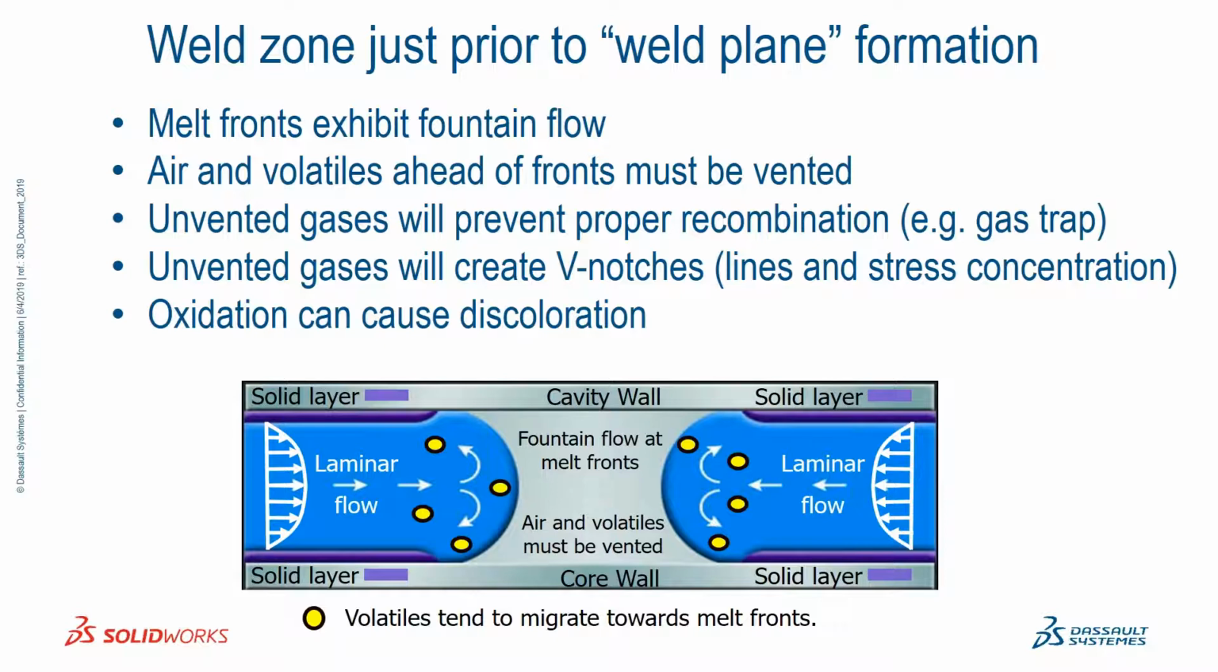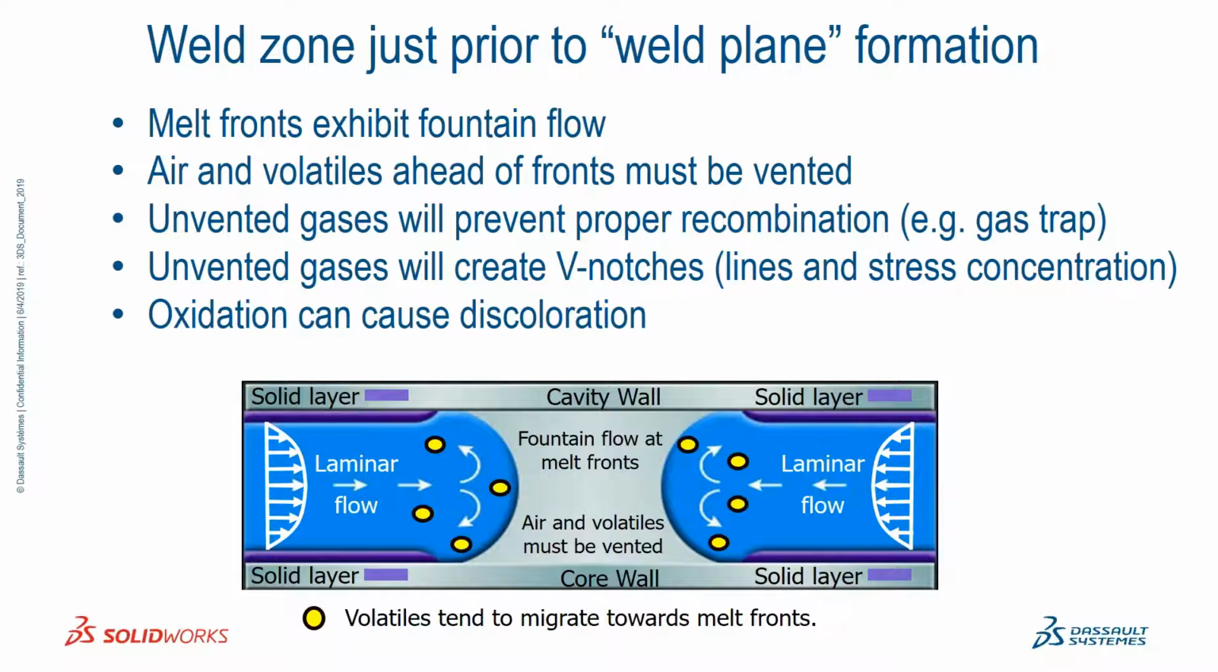lines, because these melt fronts are going to come together, and when they do, the flow is not laminar, it's really a fountain flow. It'd be like taking a hose, shooting it straight up in the air, and at the top it would split. And that fountain flow effect can have a huge impact on what's happening in the weld